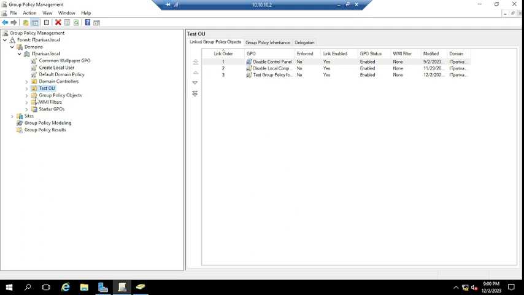so this group policy is linked to this test OU, right? Whatever machines or users are under this test OU, the policy linked here will be applied to those machines or users under this test OU, right? So in this way you can link the group policy to any specific OU,